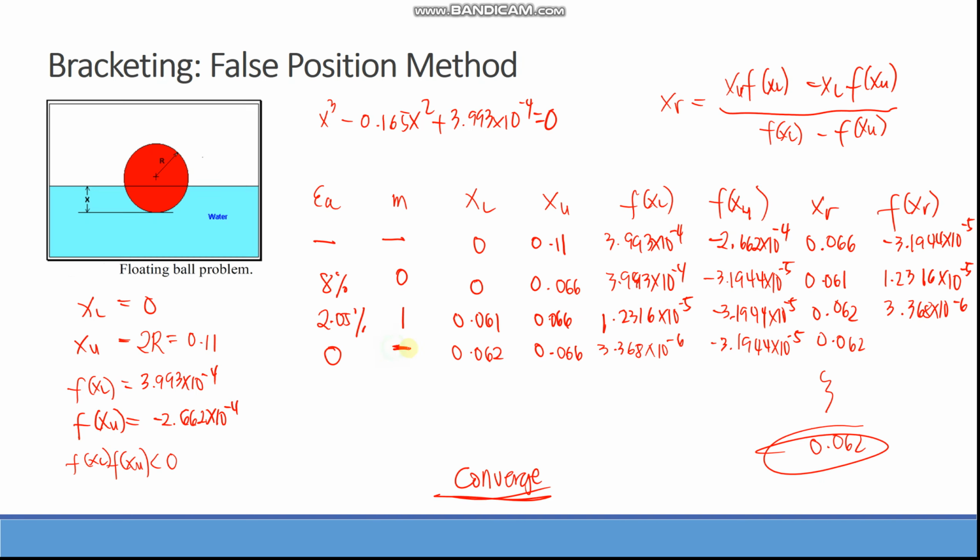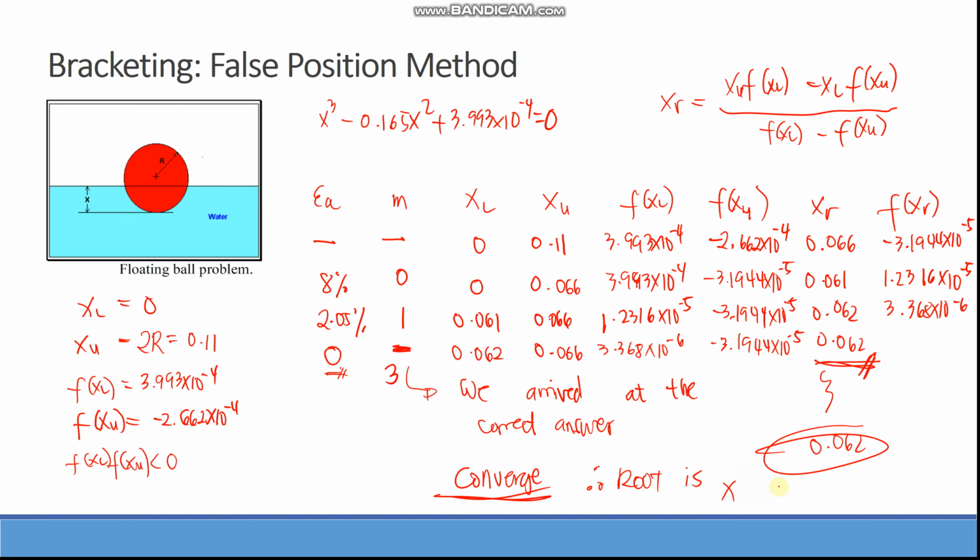When calculating this, you cannot compute it, it is mathematically an error because the logarithm of 0 doesn't exist. So when this happens, it means that we have already arrived at the correct answer, up to the number of digits that we considered. This is correct up to 3 significant digits. If we extended up to 6, we could see up to how many significant digits are correct. Therefore, the root is